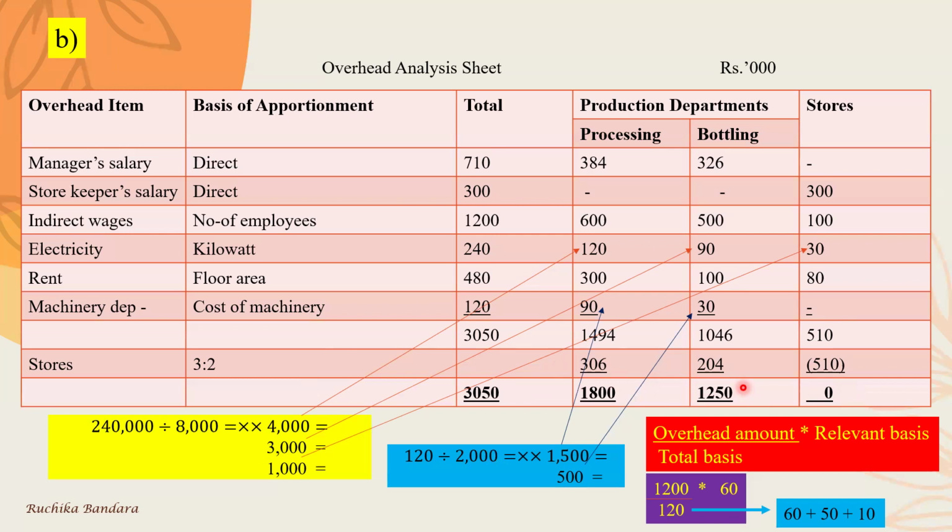direct labor hours. Under the additional information, Roman number 1, the last two entries, which are the budgeted number of machine hours and the budgeted number of direct labor hours, we have to consider for overhead absorption rates. So they specifically say the processing department uses direct machine hours, and the bottling department uses direct labor hours. So our equation,